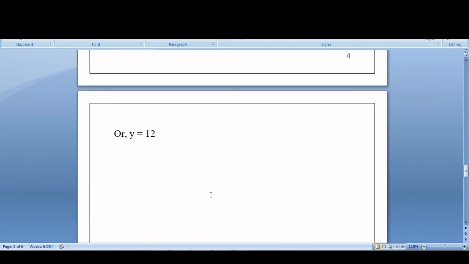So now we have to put the value of x and y in the required fraction. The fraction will be x by y, and we have already got the value of x. How much is it? It's 5, and the value of y is 12. So the actual answer will be 5 by 12. So this is our actual answer.